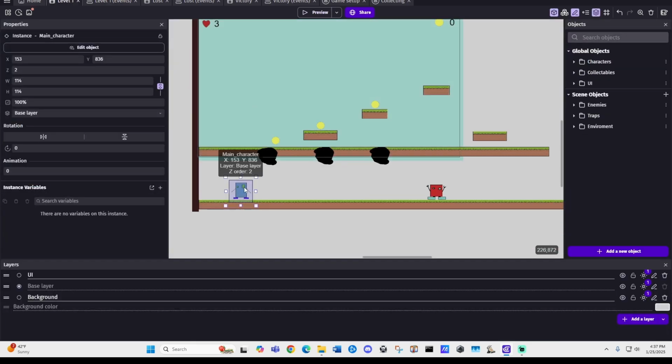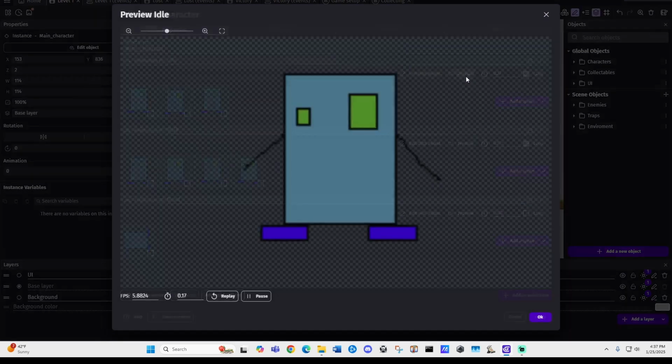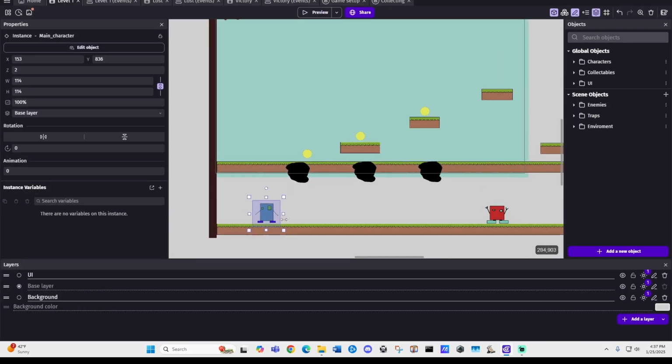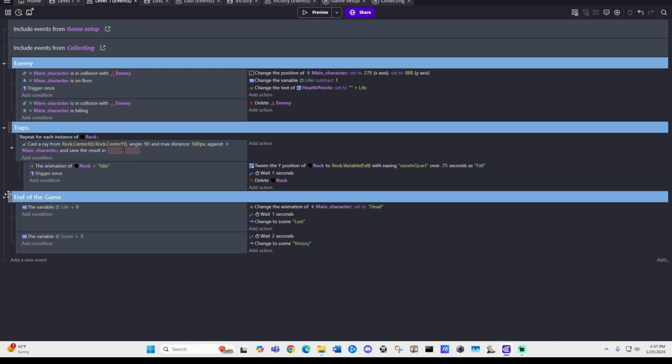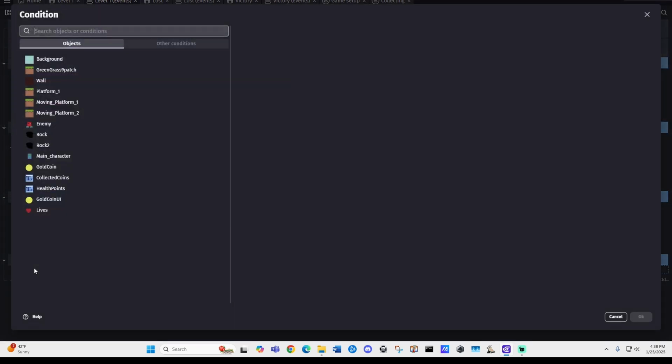Now let's change the animation. Let's change the code such that when we press right or left, we go from idle to walking. Okay. So let's go over here. Let's go to the events. We're going to create a new event group called walking. And we are going to say key pressed,